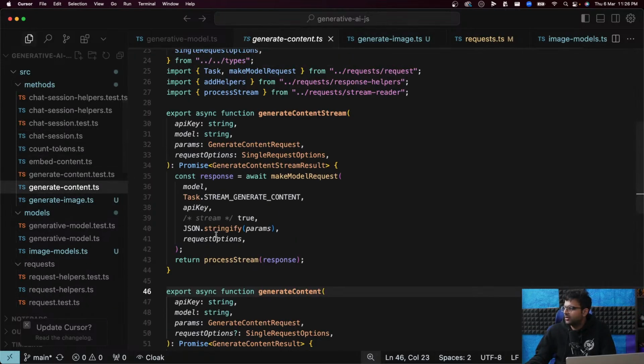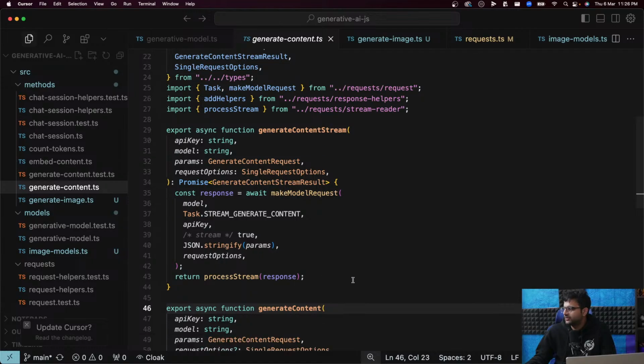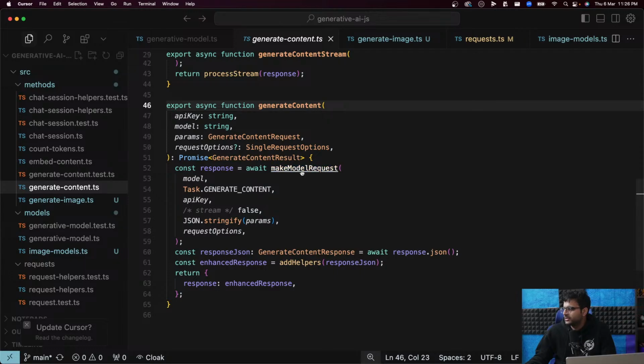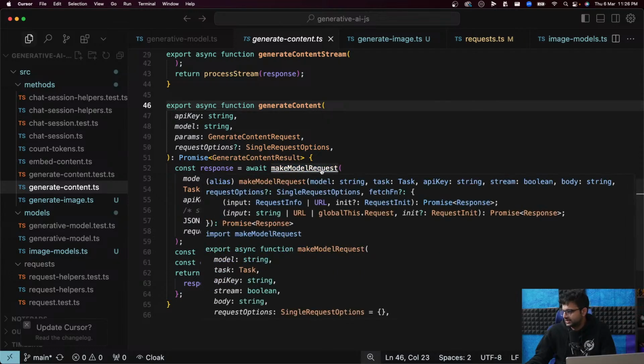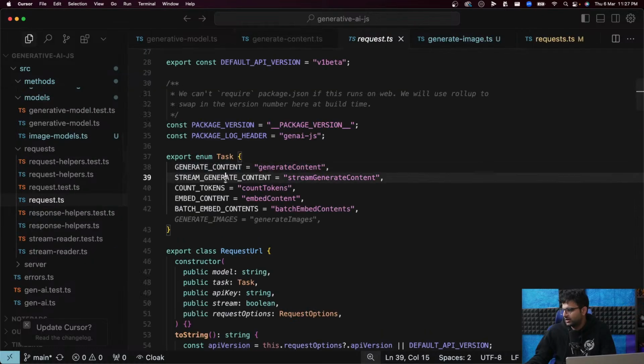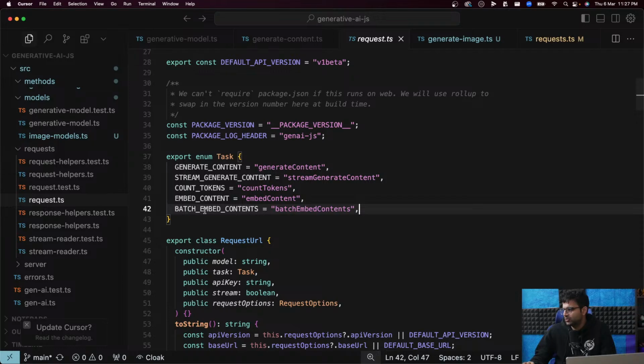Let's look at generate content. It just has a bunch of functions. The first one will probably look very similar in ours and theirs, which is make model request. Task.generate content, task.stream generate content, count tokens, embed tokens, generate images is most probably what we need.